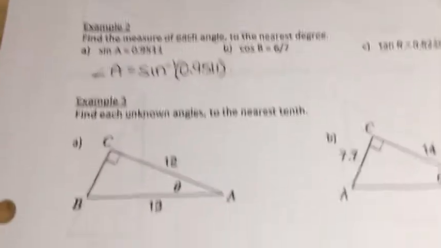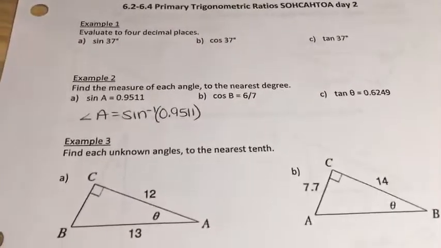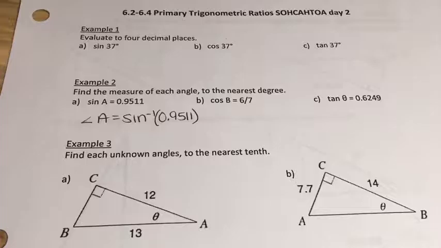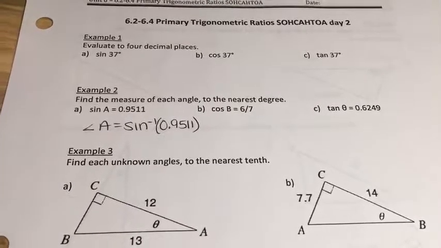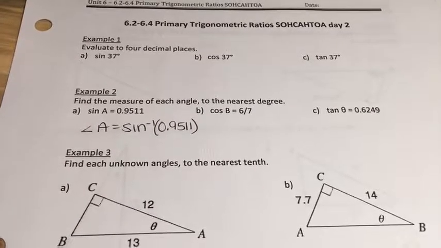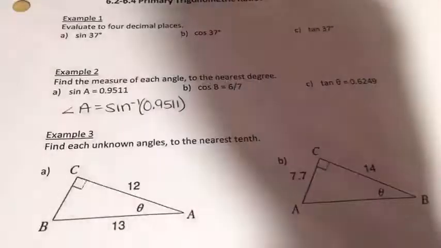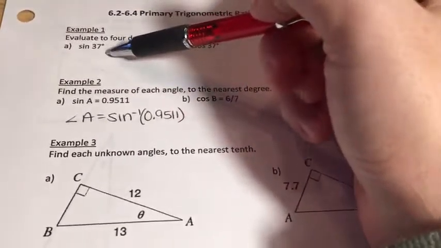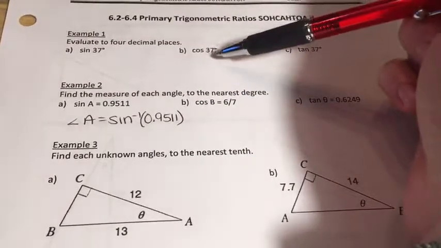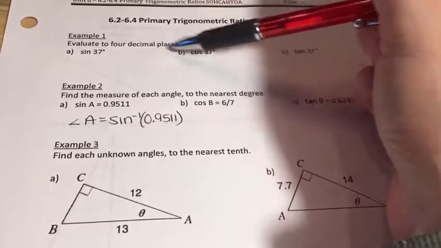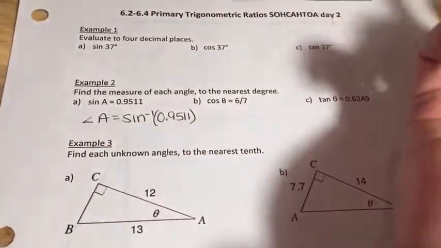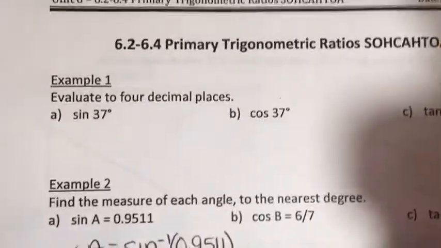So we're going to do the same thing as we did yesterday for the most part, but now instead of finding a side length, we're going to be looking for the angle measure, okay? So the first example is pretty straightforward. You're just entering that into your calculator and evaluating it to 4 decimal places. So for some of you, it will depend on your calculator, but for some, you'll have to do